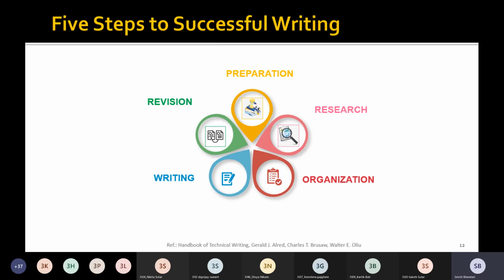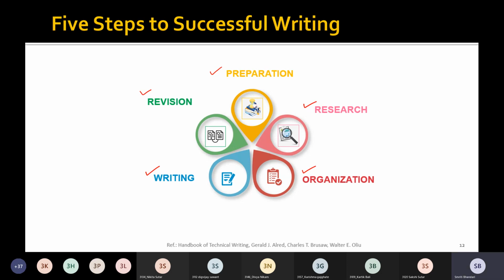So see here, we have shown these steps, 5 steps, that we need to follow for effective or successful writing. Number 1, it is preparation. Second, research. Third, organization. Fourth, writing. And fifth is the revision. So these are 5 important steps that we need to follow.